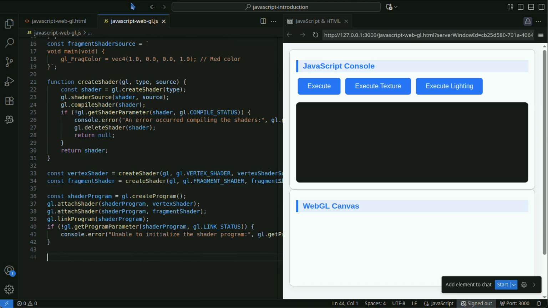Compile each shader and link them into a program. This builds a rendering pipeline executable on the GPU.